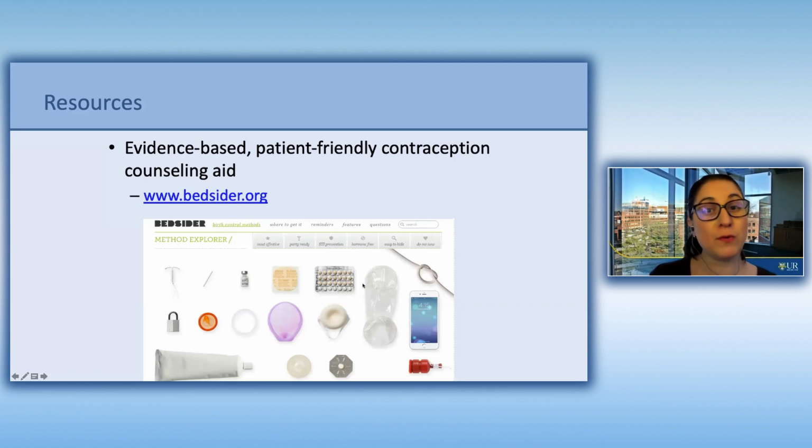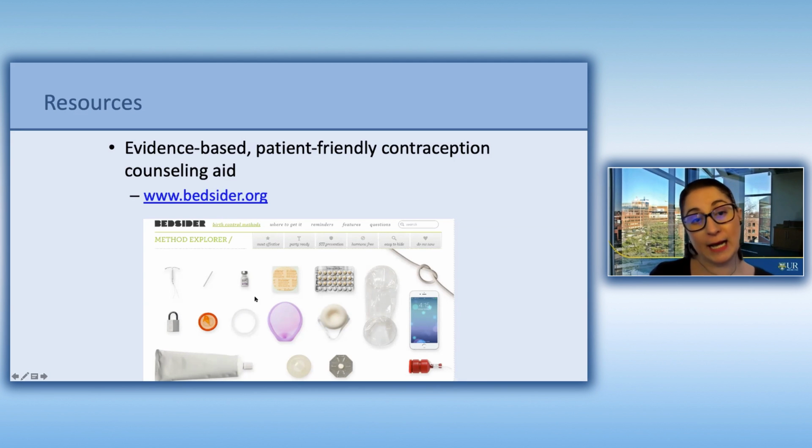We're going to talk about the most efficient methods, which is LARC, IUD, and the progesterone implant. We can break it down into progesterone containing, so these guys over here. We can talk about estrogen containing, so the pill, the patch, and the ring. Condoms always for STI prevention. Abstinence is your choice, right? And some of these we don't really offer, like spermicide and things like that.